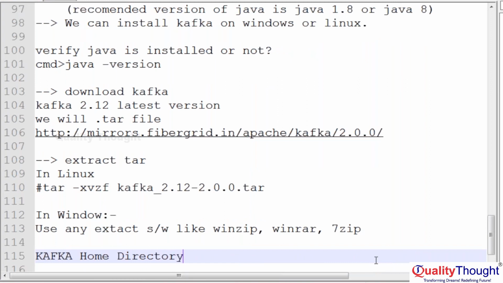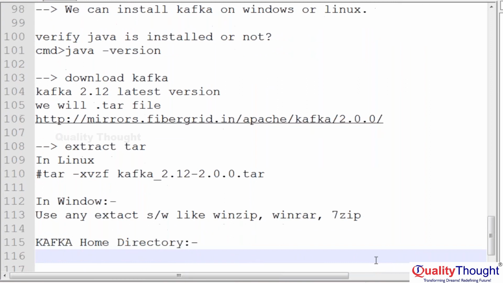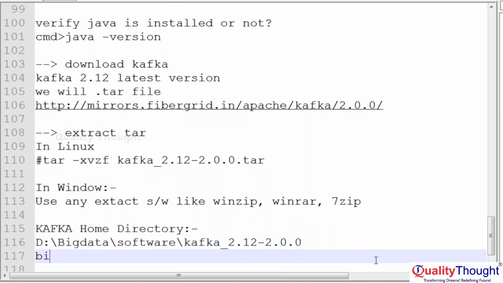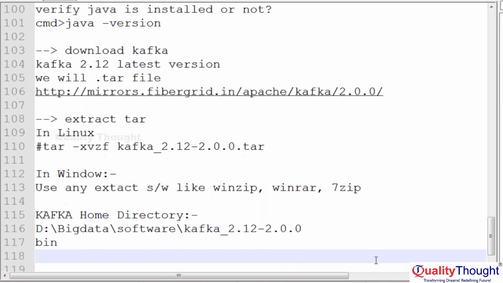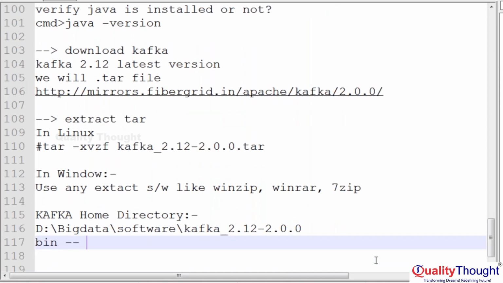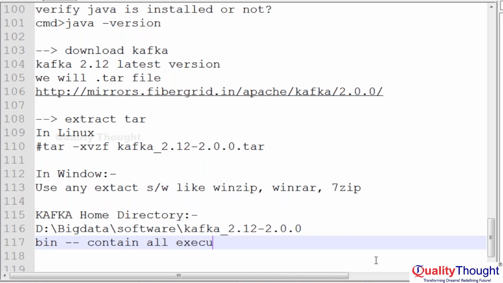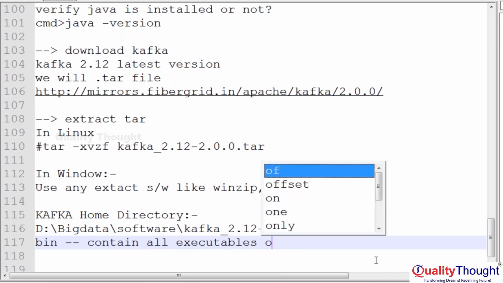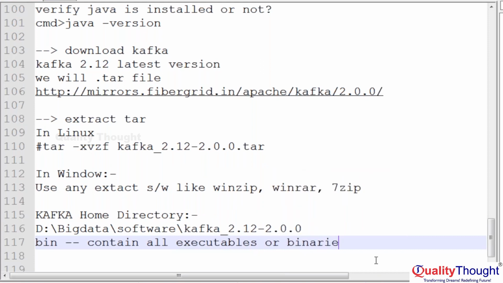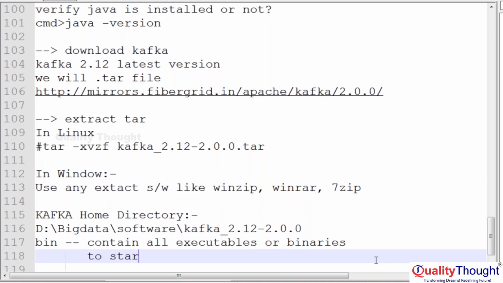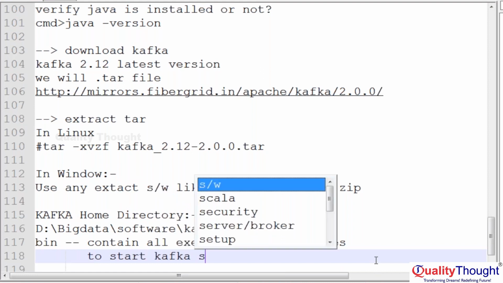In your system, whatever place you extracted to will become the Kafka home directory. It contains main important directories. Bin contains all executables or binaries, meaning to start the Kafka server or broker,